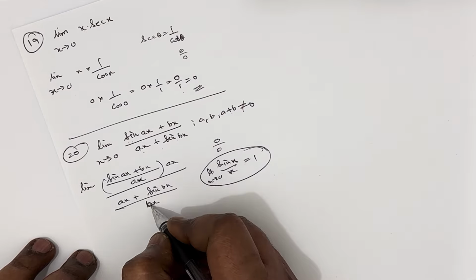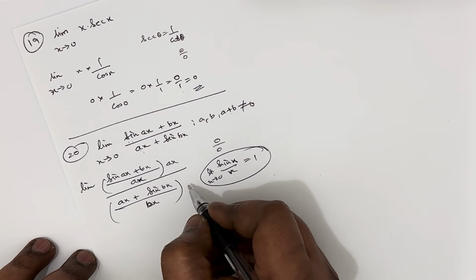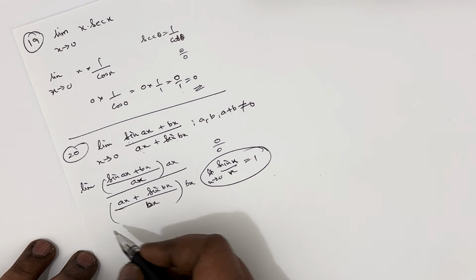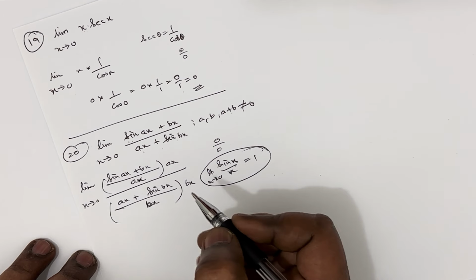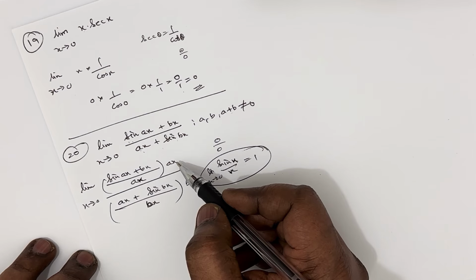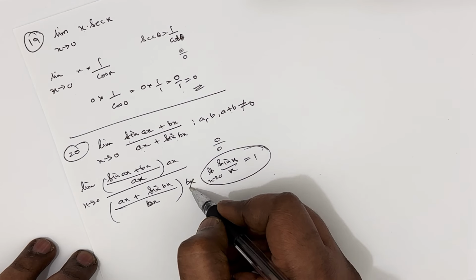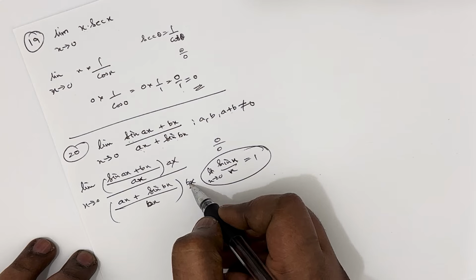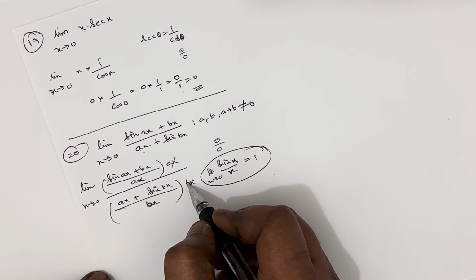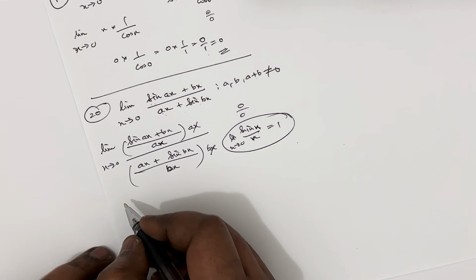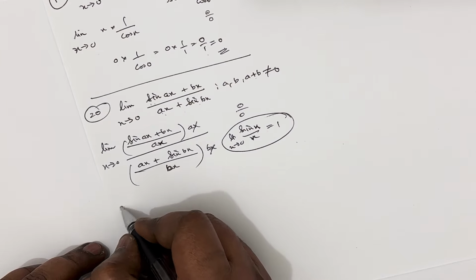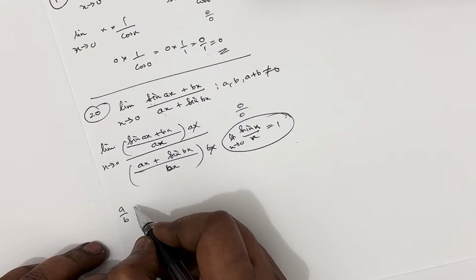This is bx, so we have to divide by bx, and to balance, again multiply by bx. Limit x tends to 0. Now you see we can cancel out this x and x. Now a and b become constant values, so constants can be brought out of the limit. So it can be written as a upon b limit